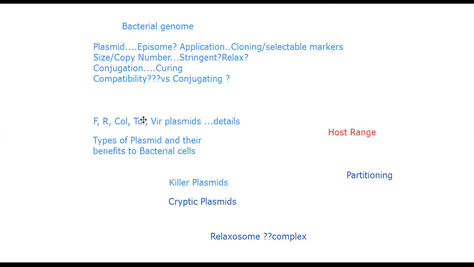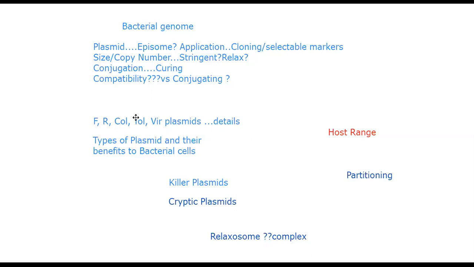Then we will discuss different types of plasmids. Depending upon their characteristics and features, plasmids can be divided into F plasmid, because they help in fertility or the transfer of genes from one bacterial cell into another, so they are called fertility plasmids; R for resistance plasmid, Col plasmid, and Tol plasmids. These are degradative plasmids, meaning they help bacteria degrade certain substances which generally cannot be degraded so easily. And there are some virulence plasmids, for example, the one we know in Agrobacterium tumefaciens. We will discuss them all in detail.